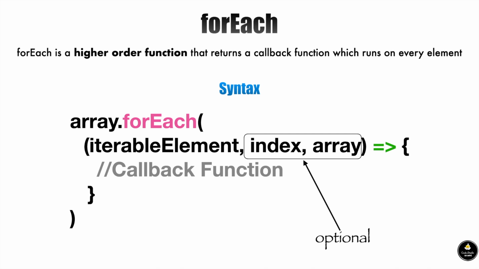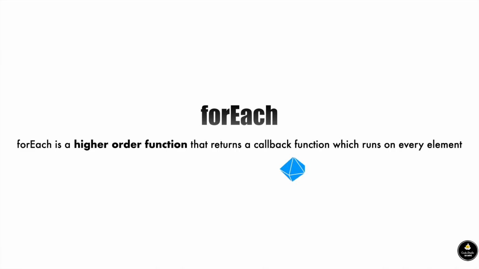Another important point to remember is that this method forEach does not return any value, and hence mutates the array if the callback function is intended to do so. Unlike the other higher order functions which we will be discussing in subsequent videos in this series, those higher order functions do not mutate the original array and return a new array when that higher order function is bound to a given array. So, how to use this practically?